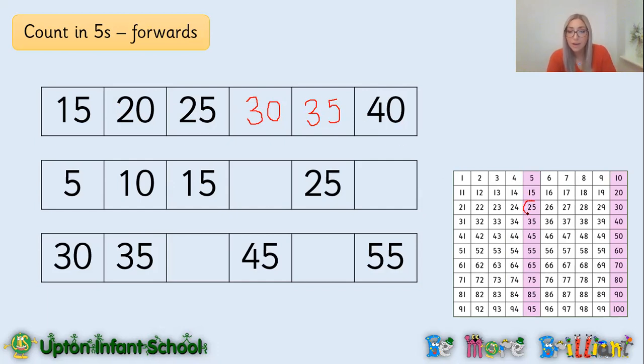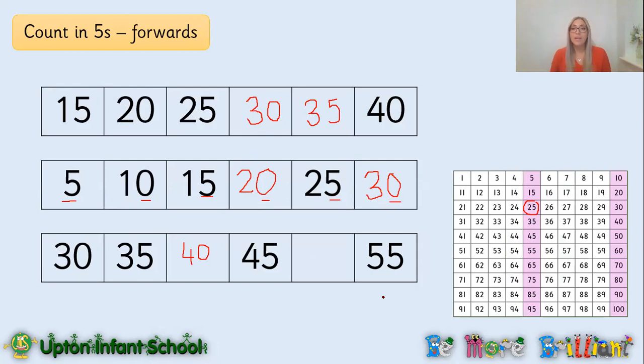Let me just circle 25 on here. And the next one I'm going to go to is 30. Okay, brilliant. So next one, 5, 10, 15, and I go across, 15, 20. Then we have got 25, and then we have got 30. Can you see the pattern? It goes 5, 0, 5, 0, 5, 0. Okay, then we have got 30, 35, 40,